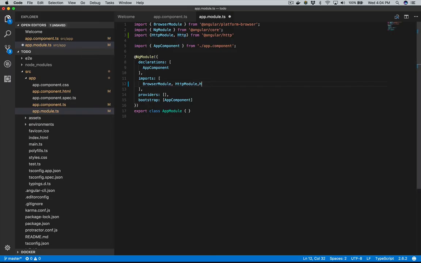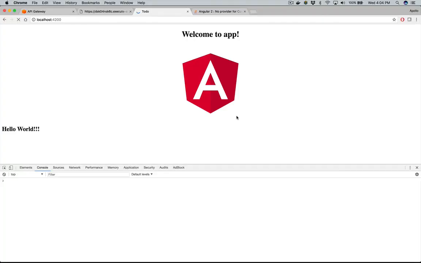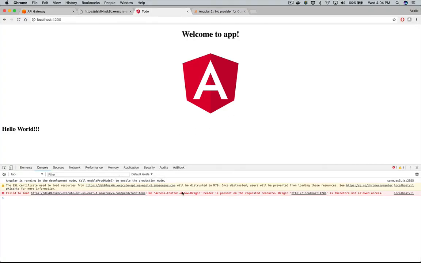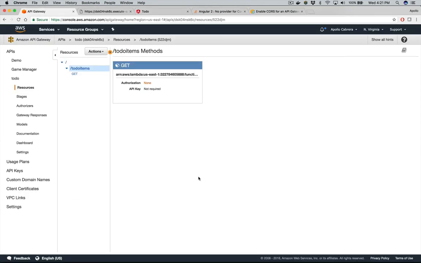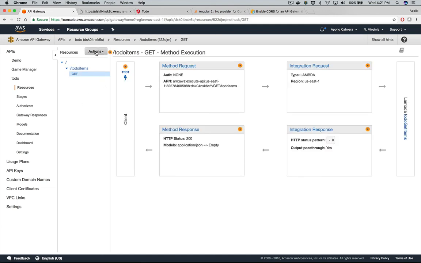Let's remove this HTTP module. The error I get is no access control allowed, header is present, blah blah blah. So this is the cross-site scripting error that is something you typically get. So okay, the way that we enable cross-site scripting is let's go in and select this get method and